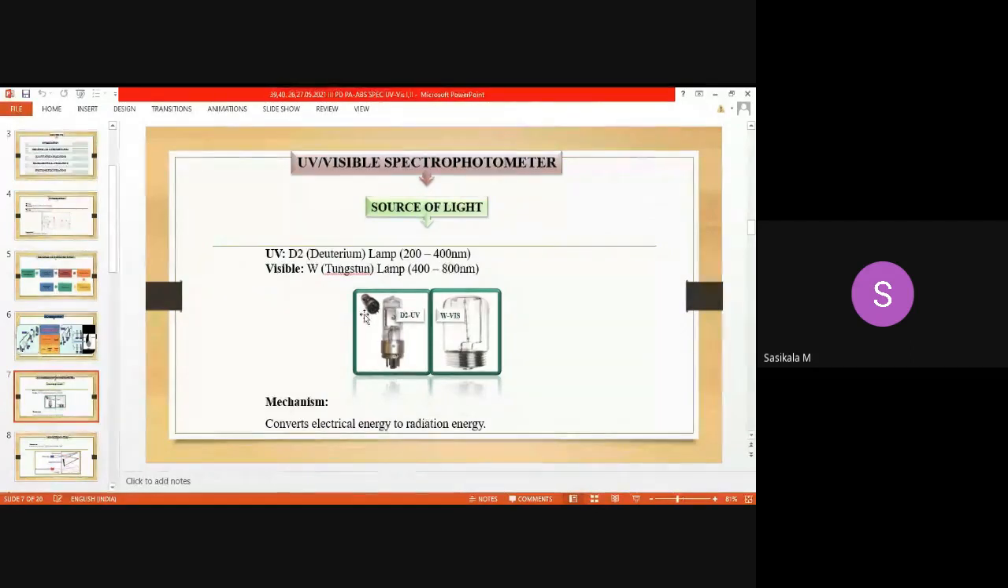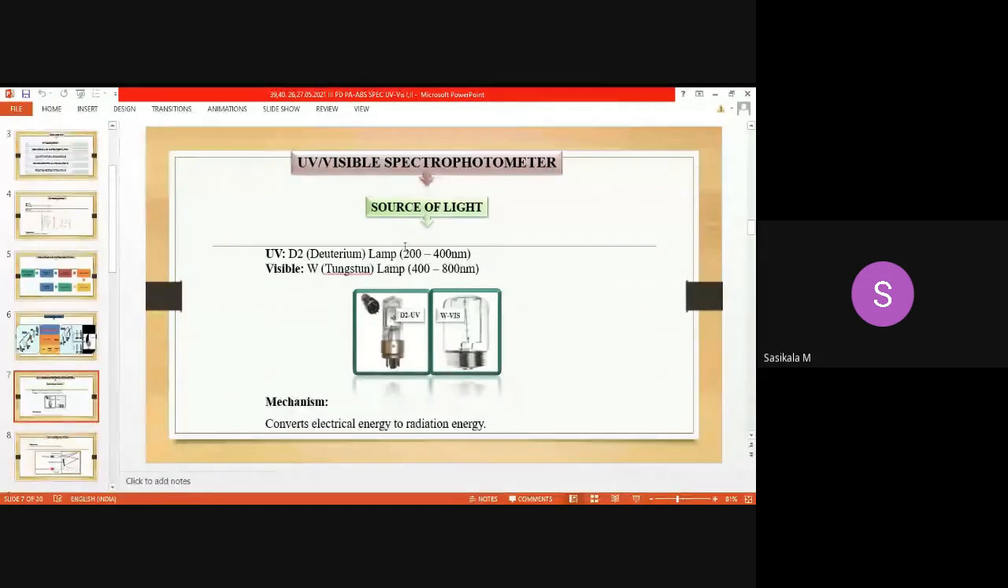D2 represents deuterium, an isotope of hydrogen. Hydrogen with mass number two is called D2, deuterium. So the D2 lamp is nothing but a hydrogen lamp. Usually hydrogen mass number is 1, a proton. It exists in three isotopic forms: proton, deuterium, and tritium, where deuterium with the even mass number is used as the source for UV radiation. So when you switch on the D2 lamp, which contains a deuterium filament, it will emit radiation of 200 to 400